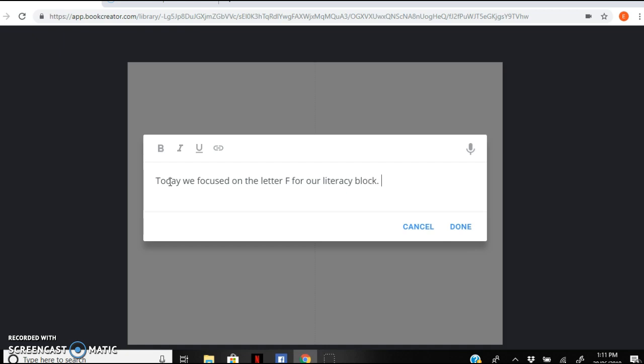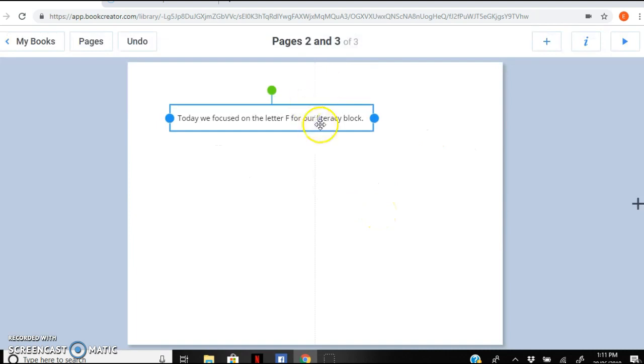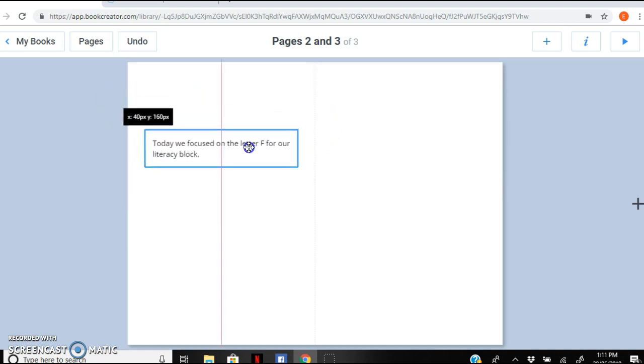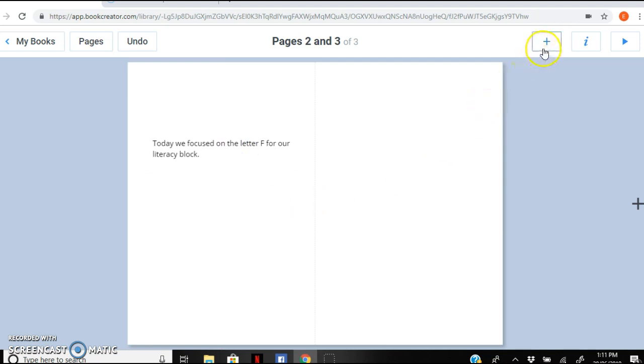Now, students, we need to make sure that we're checking our spelling, and it is easier to have written down what we want to say in our book so that we are not trying to correct it on the computer. So there you go. There's our text for our first page of the book,